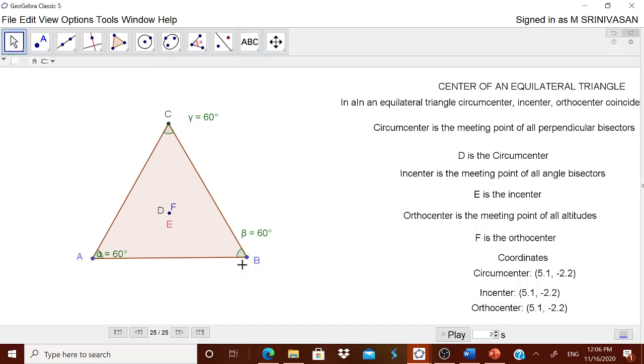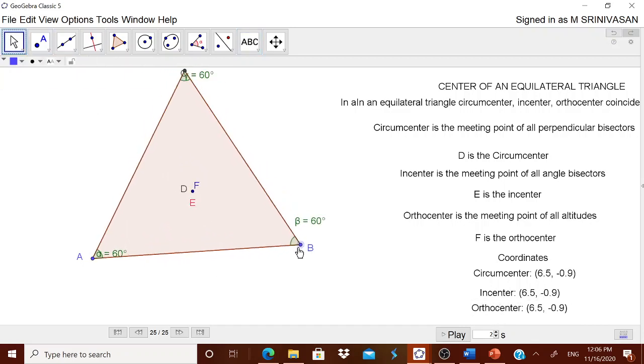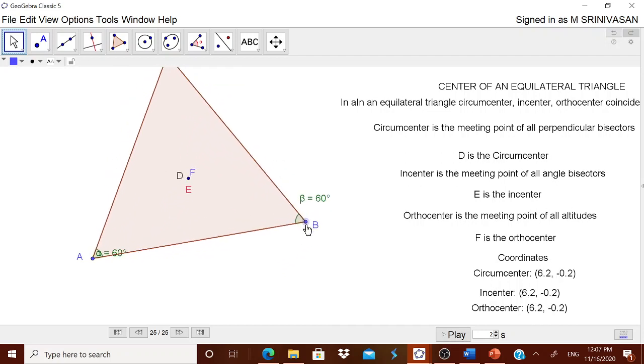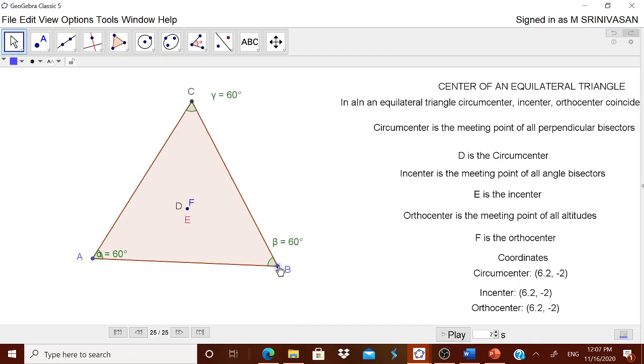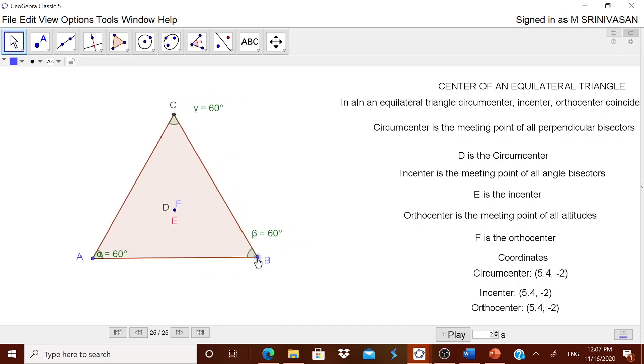Now you can ask the children to come and pull and push it. You see, all of them are changing, but this is coinciding. Circumcenter, incenter, and orthocenter coincide. Therefore, a child can come and understand what is circumcenter, what is incenter, what is orthocenter, and what is its speciality in an equilateral triangle.